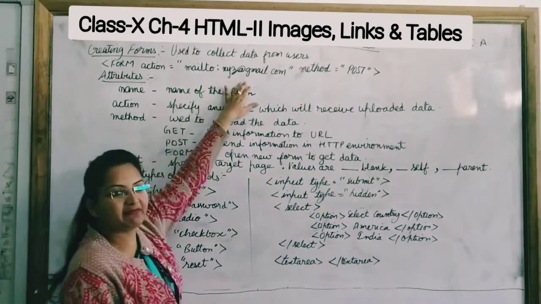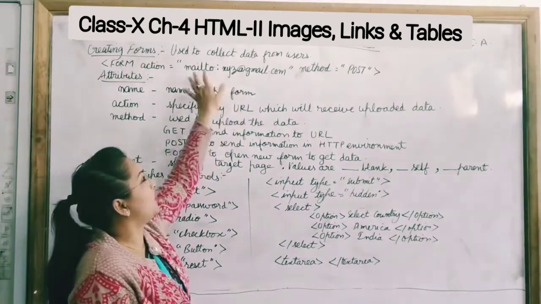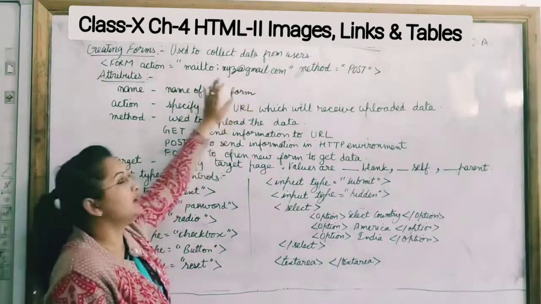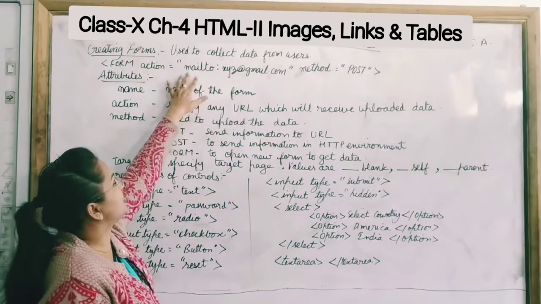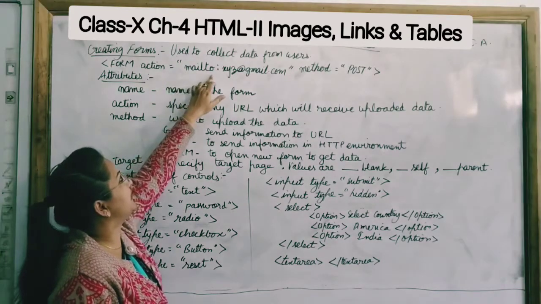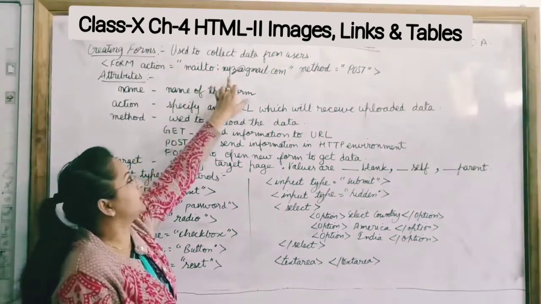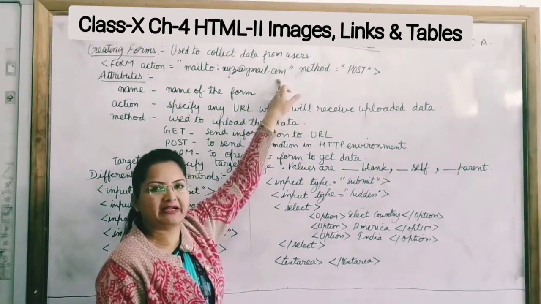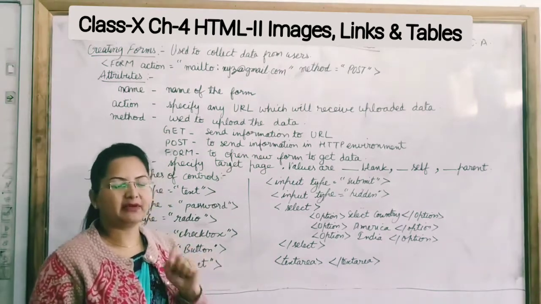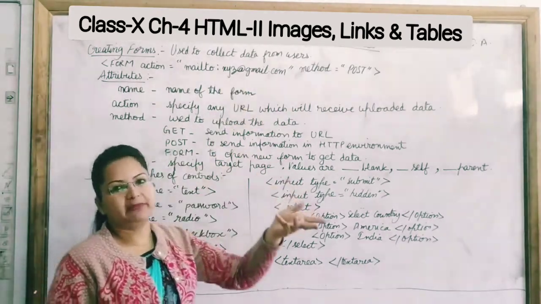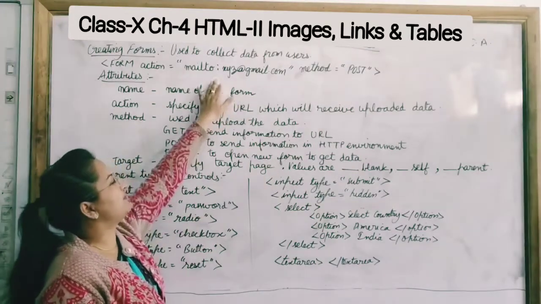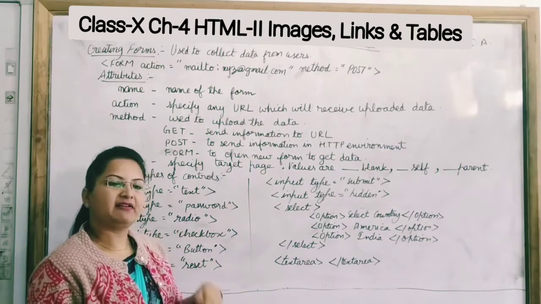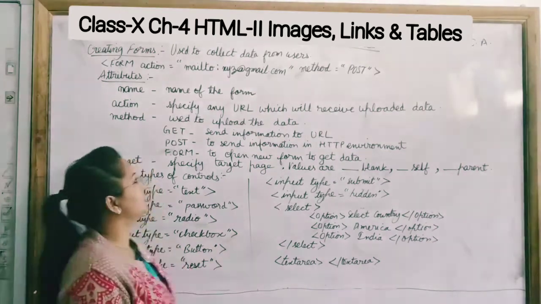It can be an HTML file. It can be any website, or here you can specify a mail address also. You can see I have specified mail here. So if we have to specify the mail, then you have to write here mailto and then colon. In place of xyz@gmail.com, you can specify any mail address. Now what will happen when we submit the form? The data will be sent to the mail address. If we specify any website address over here or a web page address, then the data will be sent to that specific web page.